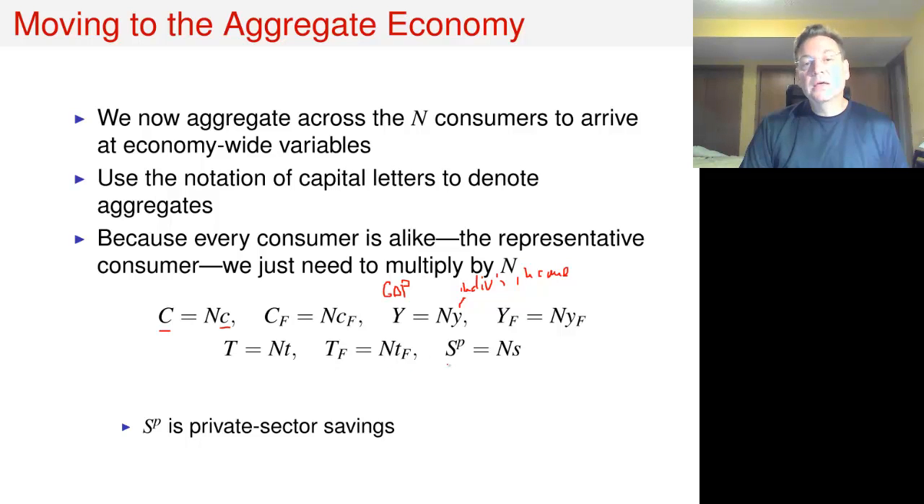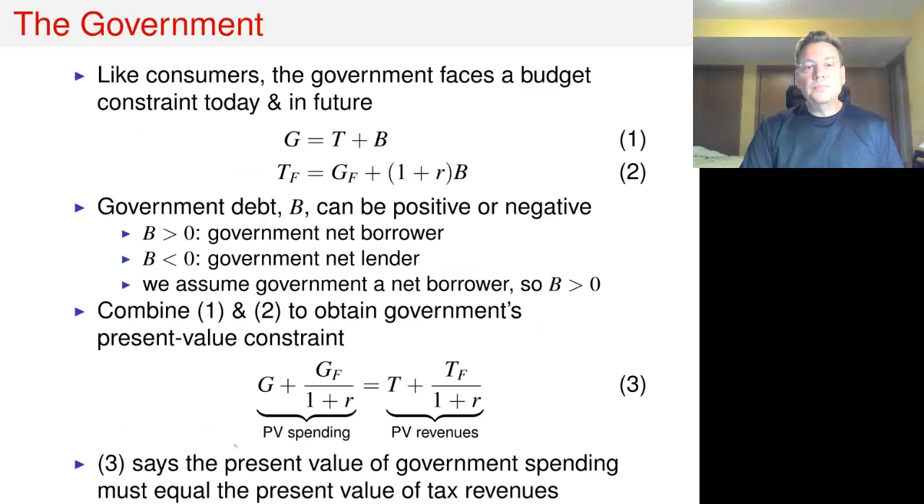So SP is private sector savings. And it's going to be important to distinguish what's being saved by the private sector versus what's being saved or dissaved by the government. Now, the government, like consumers, has a budget constraint today and a budget constraint in the future. But now, as opposed to what we did before, when we forced the government to balance its budget, which meant G was always equal to T,